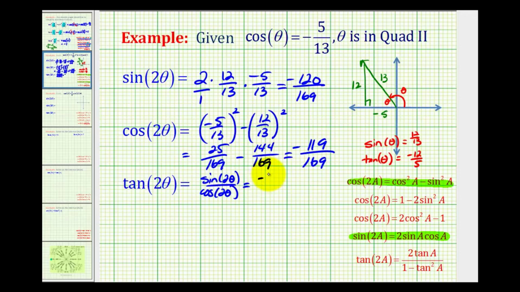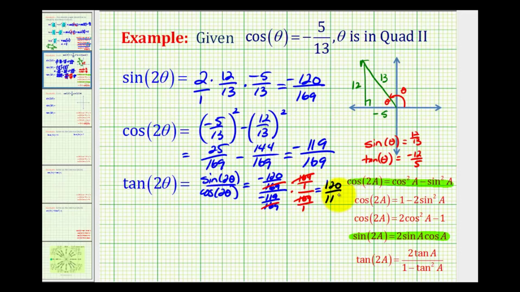It's going to be equal to negative 120 over 169 divided by negative 119 divided by 169. And then we can just multiply the numerator by 169 and the denominator by 169. Might be helpful to put these over 1. So we can see that this simplifies out, this simplifies out. So we're left with a positive 120